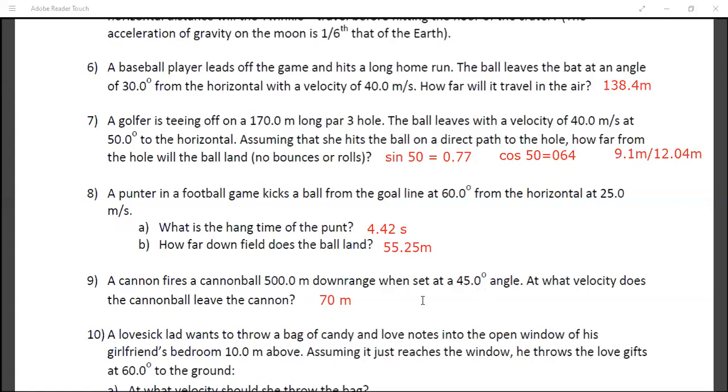Since it is directly 45 degrees, as Naman said, you can directly use the formula of range also. R is equal to U square by g. Whenever it is at 45 degrees, you have a direct formula for range. Yeah, Naman? Can we use 9.8 or can we also use 10? You can use either for this worksheet, but in the exam it will be specified. If it is not specified, you by default take 10, because by using 10 you get a simplified answer. Okay, sir. Thank you.